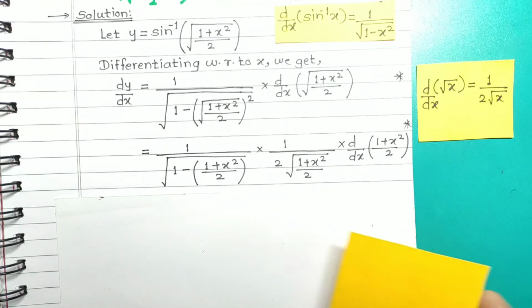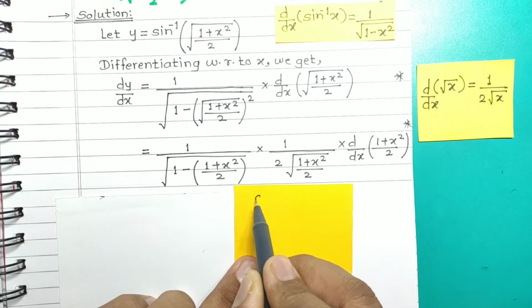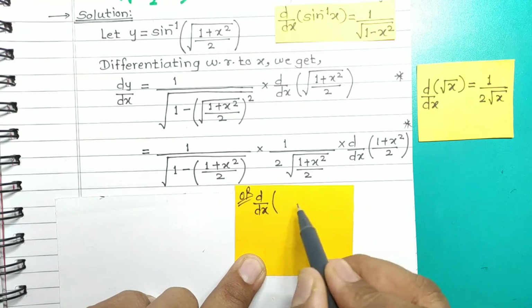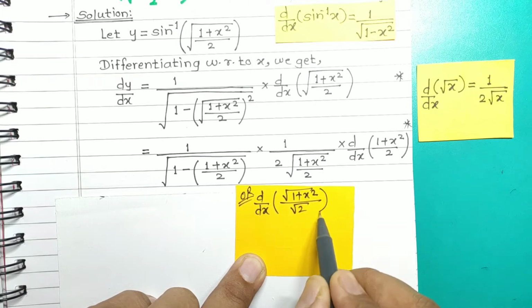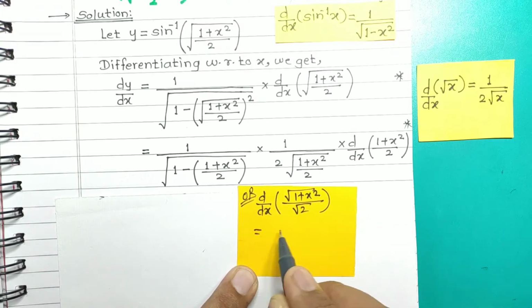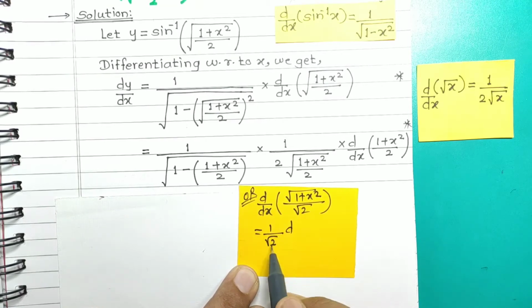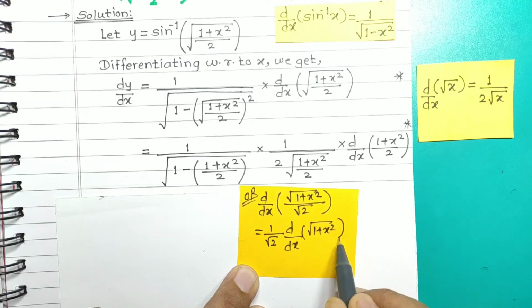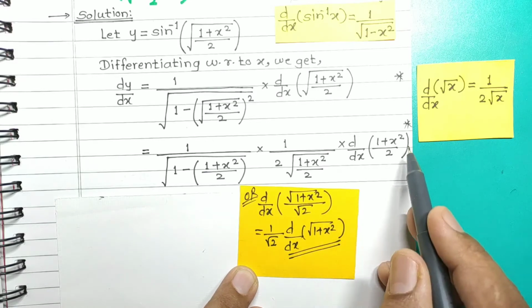Here you can evaluate this derivative like this also. This is OR. Okay, d by dx of, see, this is root of (1 plus x square) upon root 2. So while evaluating this derivative, you take this 1 upon root 2 constant outside this derivative, 1 upon root 2 into derivative of root of (1 plus x square), and then apply chain rule to evaluate derivative of this composite function. You may go like this at this step. Okay.